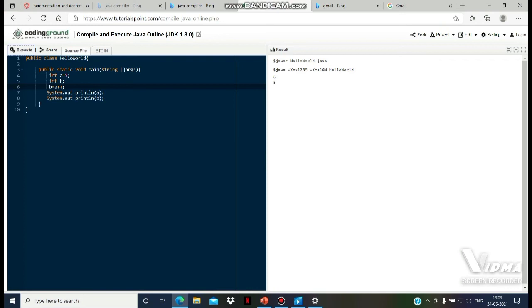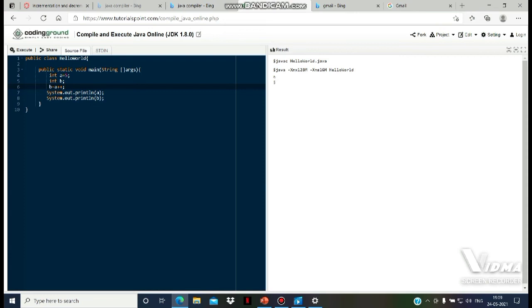Here a is equal to 5 and we are declaring the variable b and we are doing the post-increment. We already said that the execution starts from the right side. Here the increment is post-increment. Post means later. So first we have to assign here.